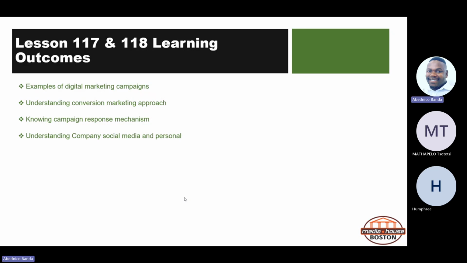So when you look at digital platforms, your websites, your social media applications, your mobile application, your email, you need to understand how this campaign is going to convert a viewer into an actual customer, especially the window shoppers. Because remember, sometimes during window shopping, you can actually be convinced to love the product and buy it, right?